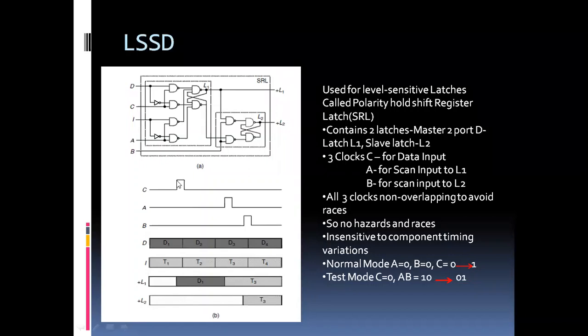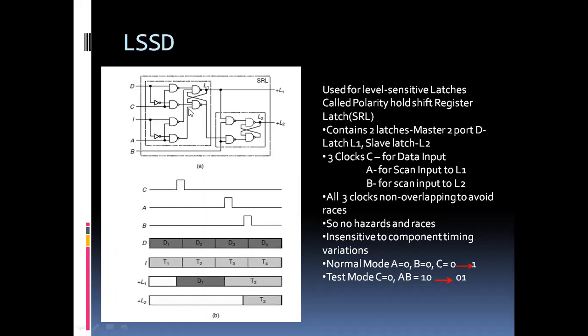So when my clock is having a rising edge transition here, so it is level sensitive, so it is rising edge, yes, on time. So I see that my data line is having D1. So D1 is clocked and it is passed on to my output L1. Okay. Next, my A, when clock goes high, what I am having at my scan input, then this input is inactive. Only I is active. So I is T3.